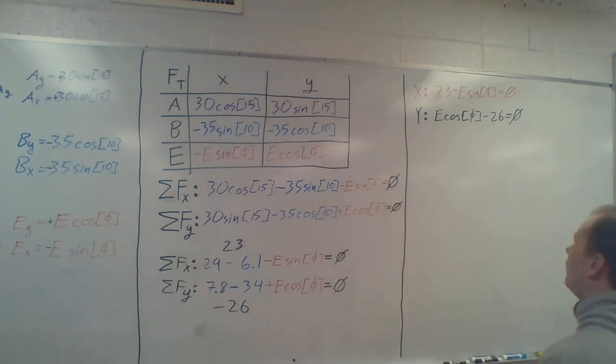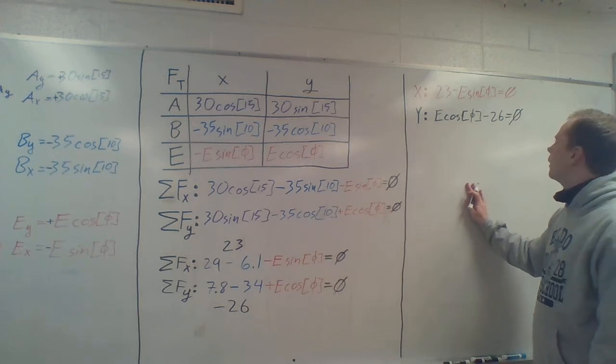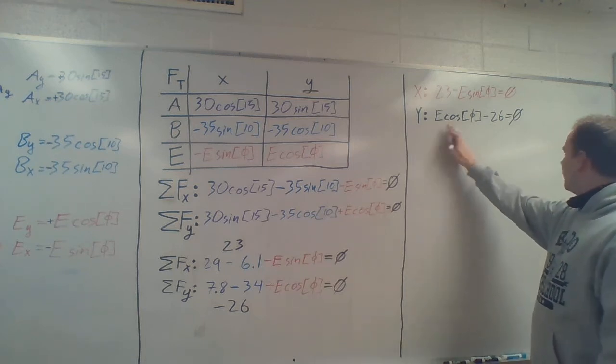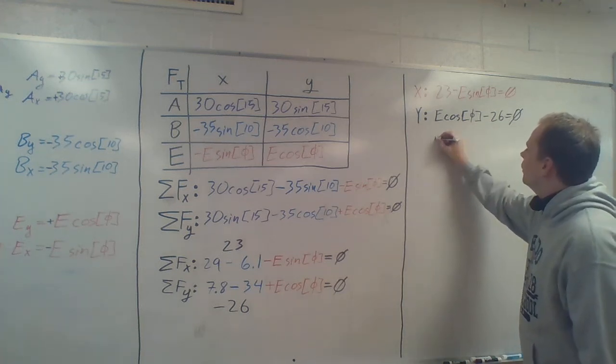So we're going to solve equation y for the letter e. And I'm going to try and find a way where I can do this without actually being in the way of what I'm writing. This should work. Okay. So we need to get e by itself. So the first thing we're going to do is add 26 to the other side. So e